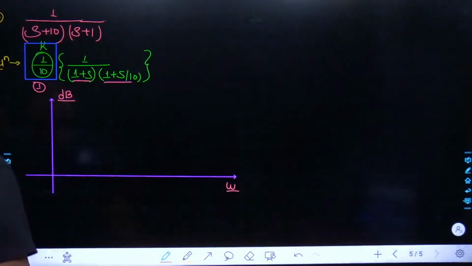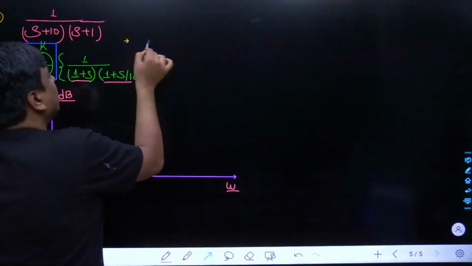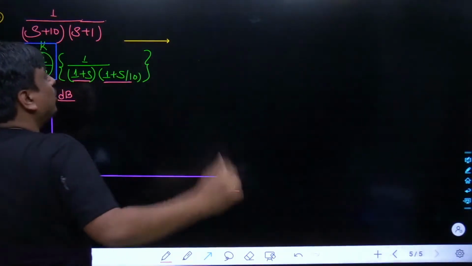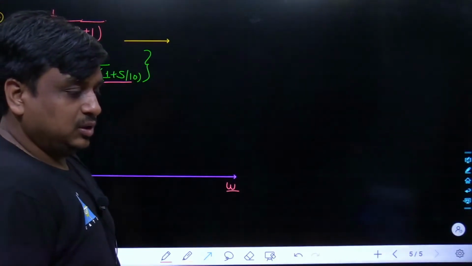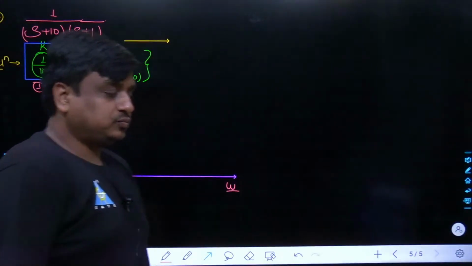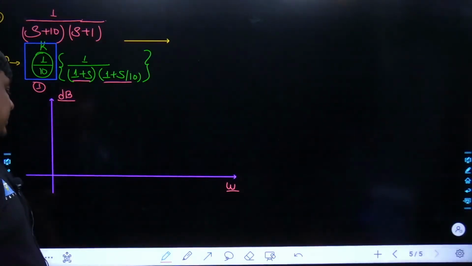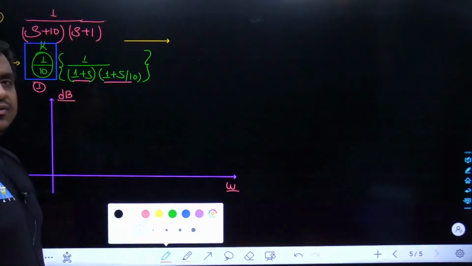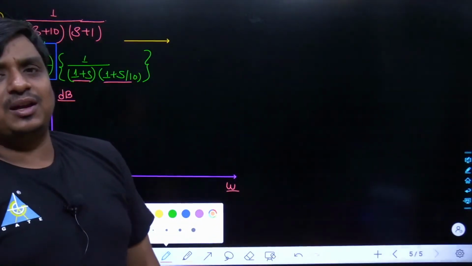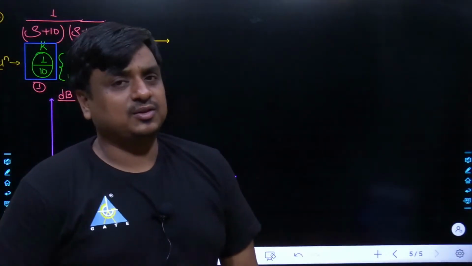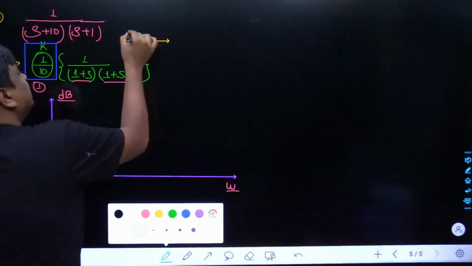So at the very beginning, we'll see what our initial slope would be. Sir, I do not have any pole or zero at origin. So obviously, the initial slope is simply 0. Why is the initial slope simply 0? Because the factor of s to the power of m is not present in this OLTF. Either it's s square, s cube, or 1 upon s, 1 upon s square, 1 upon s cube. So as far as this problem is concerned, the initial slope is simply going to be 0